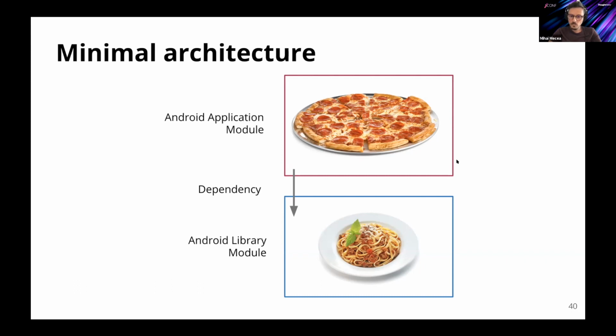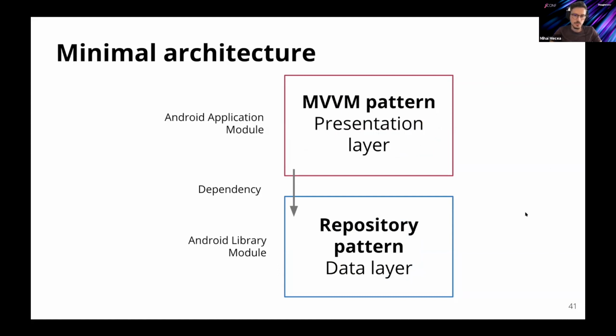And at this point, we got 2 sets of classes. We got this set of classes depending on this one. And some would argue like, well, you can do this inside a single module. Yes, you can, but I'd rather introduce an architectural limitation rather than maybe adding a fitness function. Otherwise, you just see your view model inserted into the database in no time. So what I'm proposing as a minimal architecture for Android is an MVVM pattern inside the app module, and then we get a repository pattern for the data library.